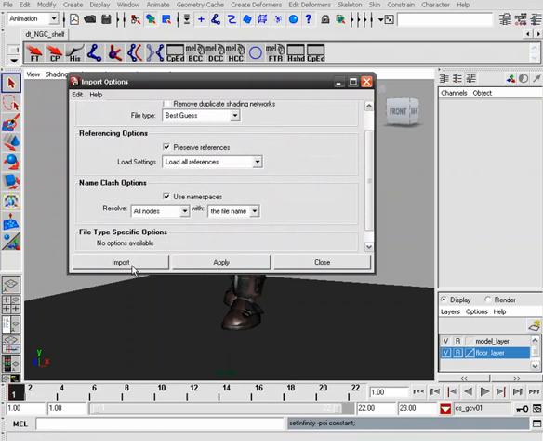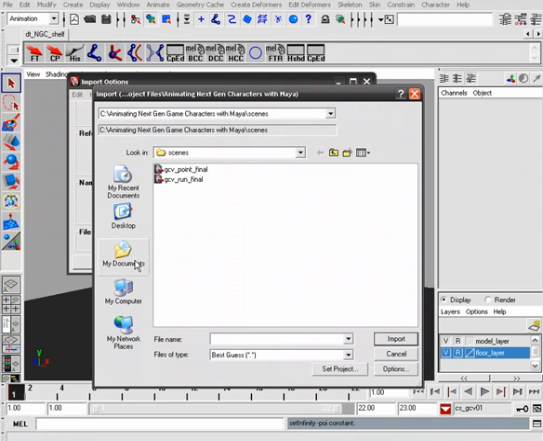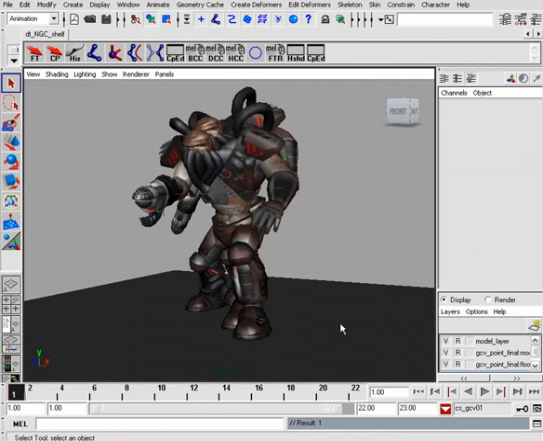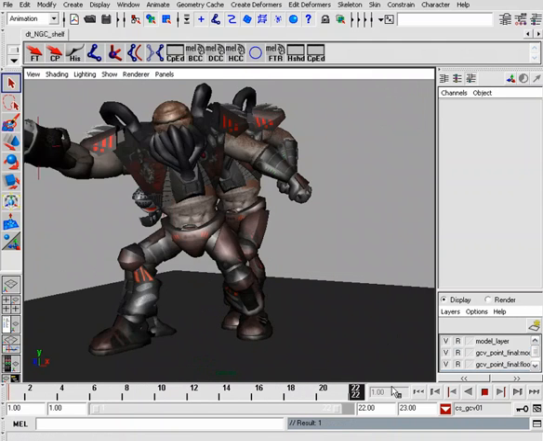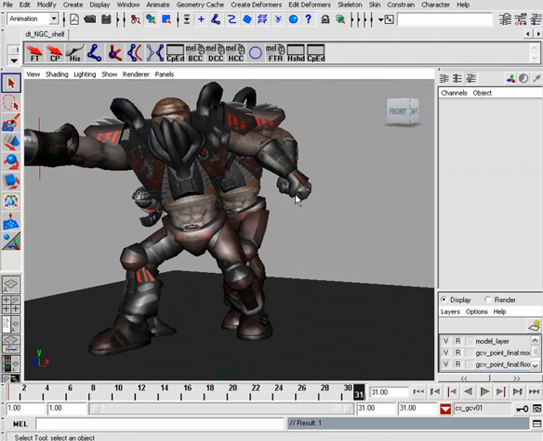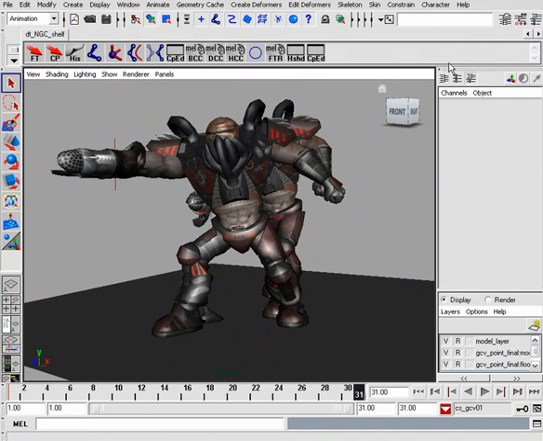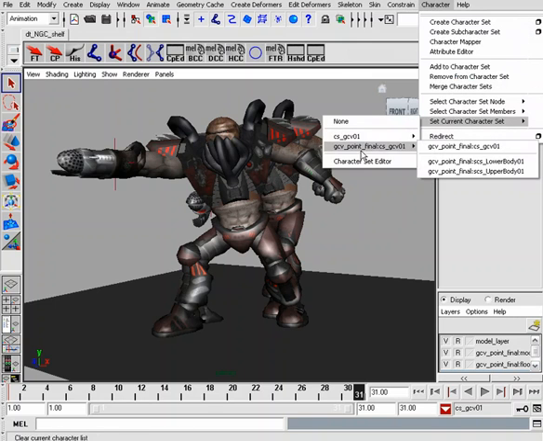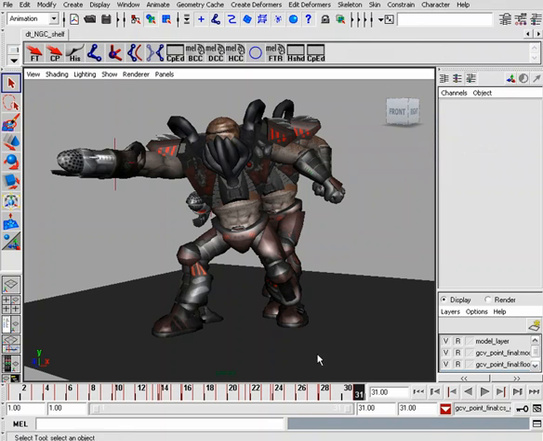Alright, so now we'll go to import, and we'll import our point animation. Alright, so we can scrub through, and there it is. So now we'll go to the end of this point animation, that's just frame 31. Once there, let's go now to its character set, the top node for it. Should be easy to find because the prefix of the file is the name of it based off of our import settings. So we'll just select the top node for it, and on frame 31, let's press the S key